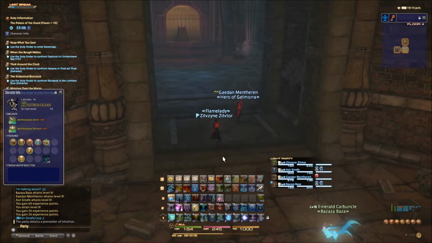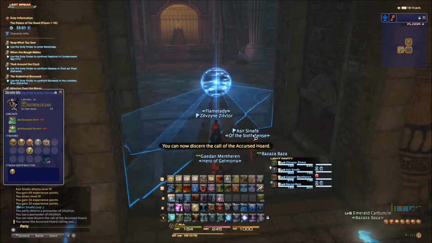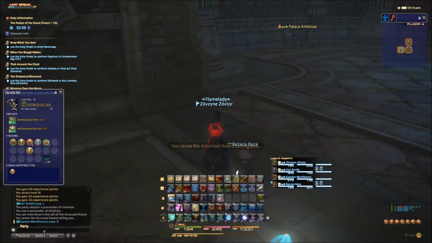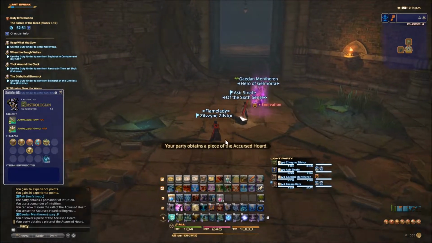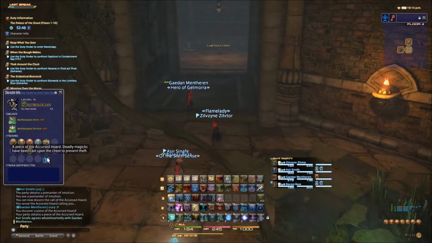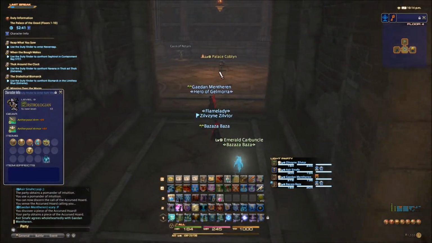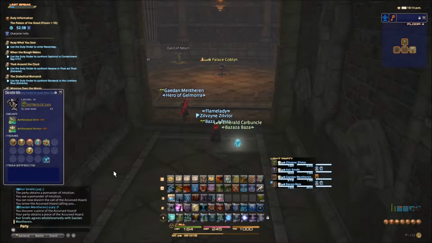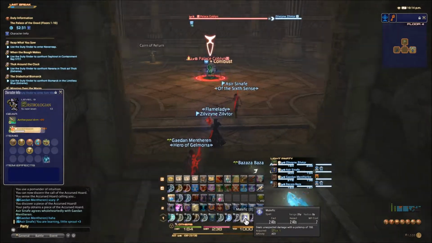Pomander of Intuition lets you find an Accursed Hoard. So it'll tell you if an Accursed Hoard is on the floor. And so here you sense, and it's already been discovered. That was quick. And Accursed Hoards are treasures that you turn in, you get sacks out of them. So here's one sack. You get sacks out of them that you turn in to the bishop